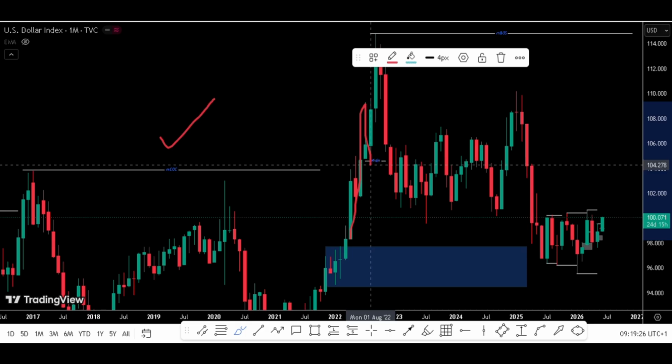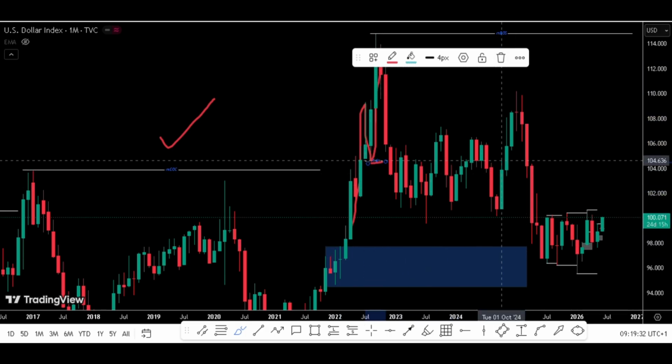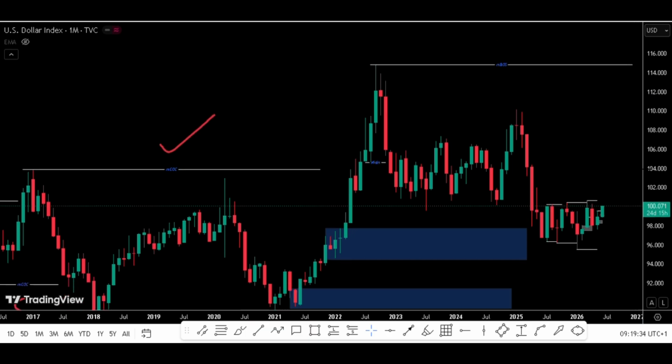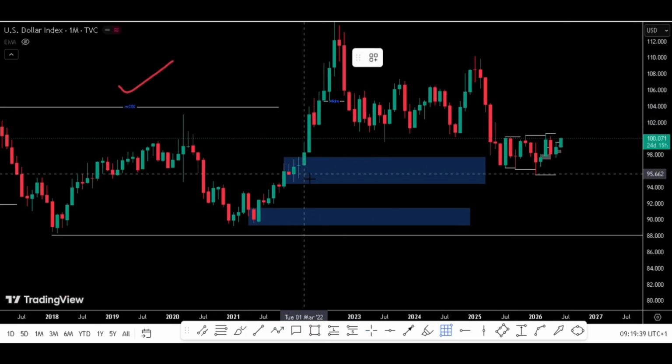Push up, then the market pulls back, then continues. So you have to wait for the market to take out this low before you start looking for your POIs. And immediately the market took out that low, we have to mark our POIs. And what's the criteria of the POIs? It must be a value pullback